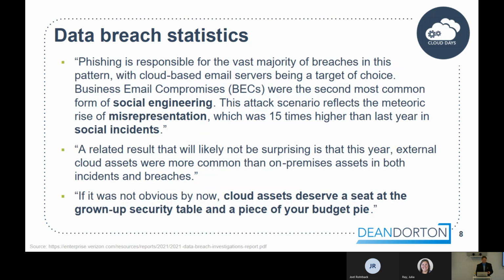And I've got a quote here from the latest Verizon Data Breach Investigations report, but they state that phishing is responsible for the vast majority of breaches pertaining to business email compromises, and that attack scenario reflects a meteoric rise in misrepresentation. So basically, it's impersonation attacks that social engineer users, and they state that a related result that will likely not be surprising is that this year